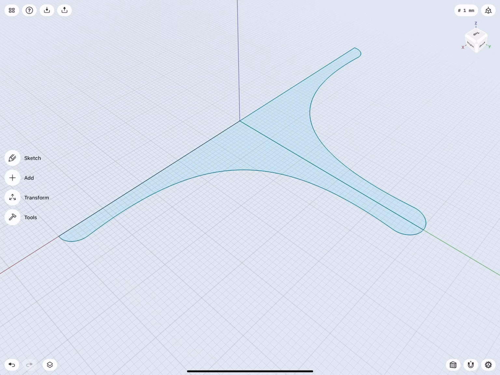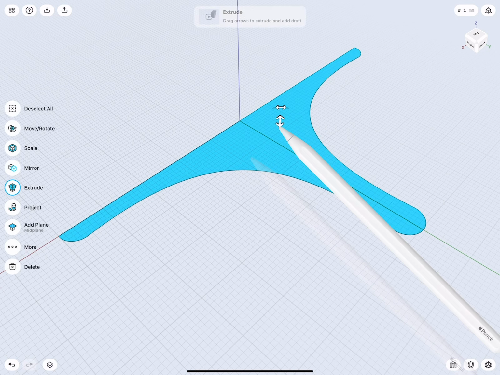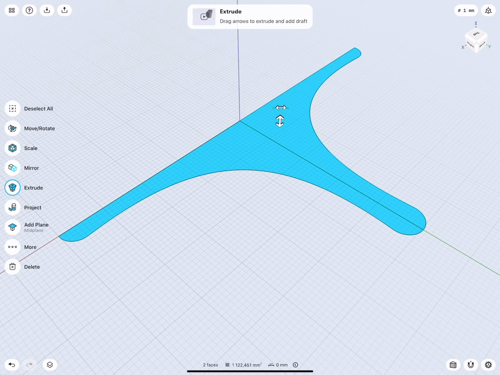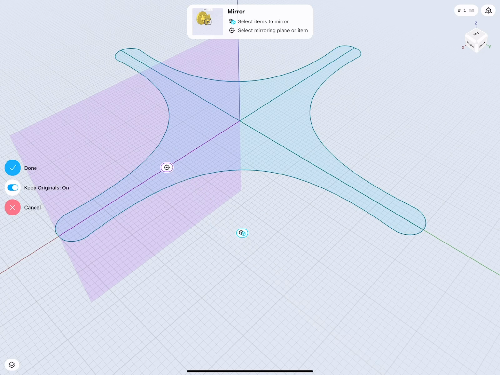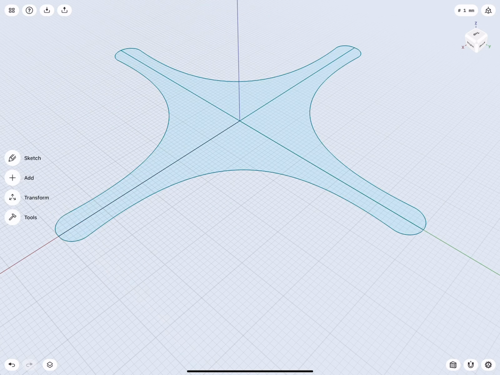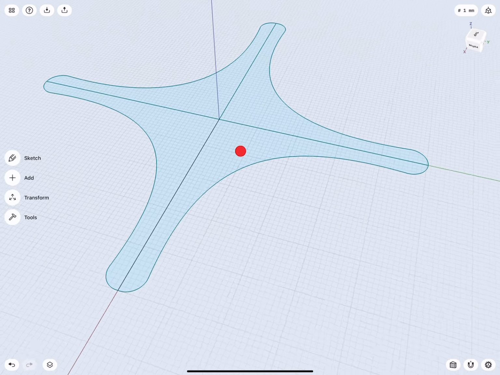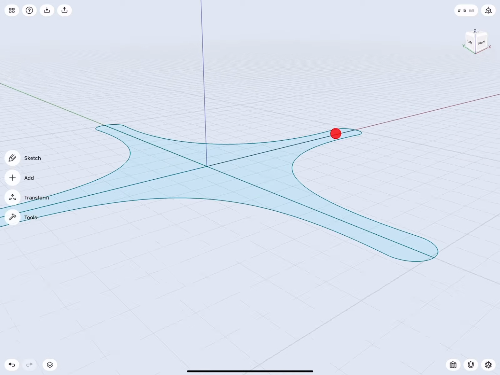And now, same idea, I could mirror this entire half of the sketch. So tap to select this half. Again, go to my mirror tool and mirror about, let's say, this line here. See that virtual plane coming in, this time on my XZ plane, for example, and I see a preview as well of the entire sketch. If I'm happy with that, tap the done check to finish it off. And there you go, I just saved a ton of time using my mirror tools to create this fairly complex sketch.